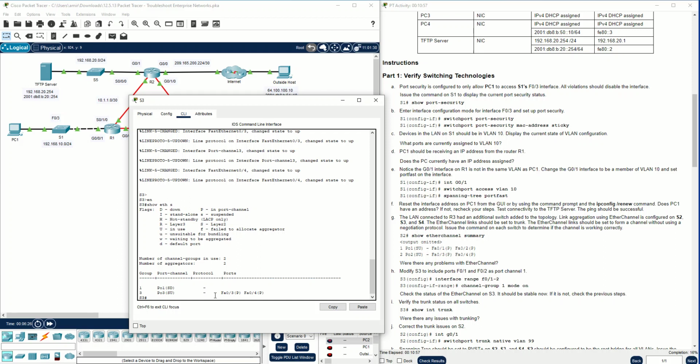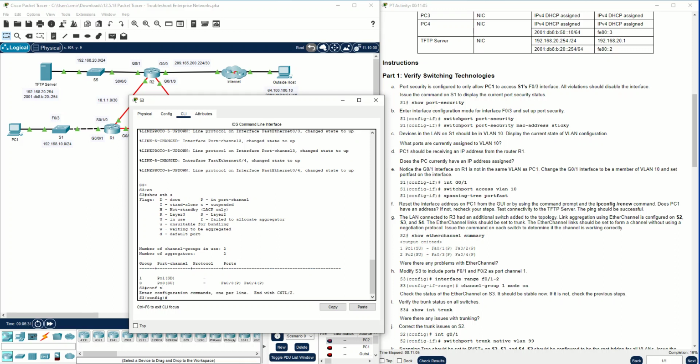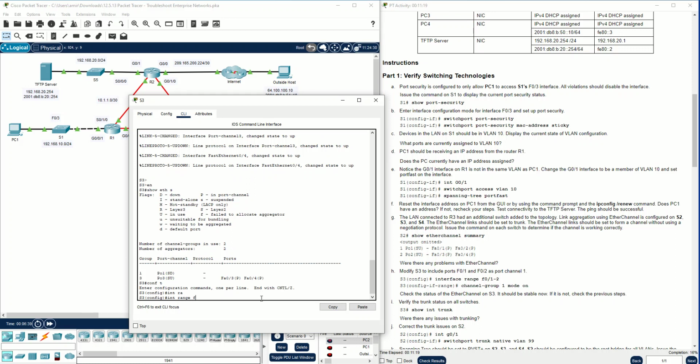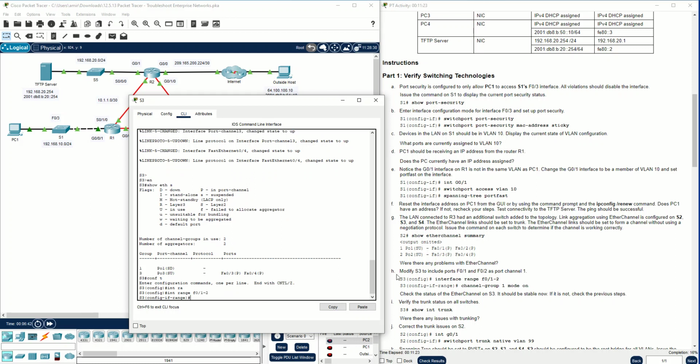In this situation, you should go to configure terminal here, and in configure terminal you can write interface range FastEthernet 0/1 and 0/2, and here